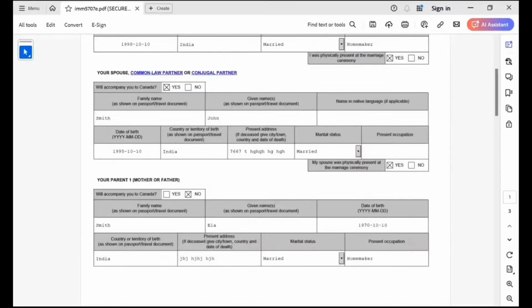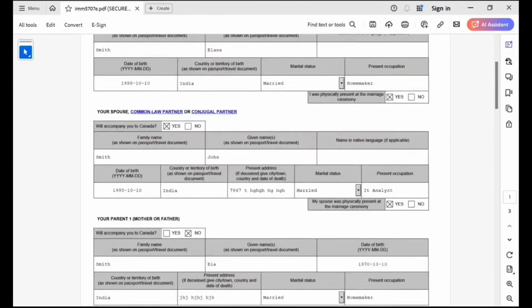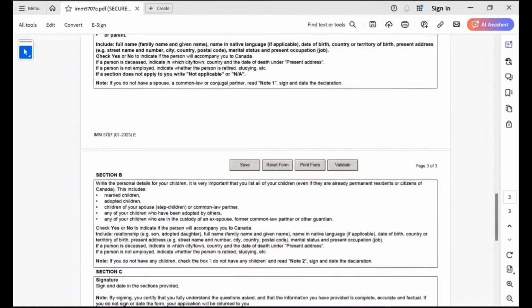Present occupation, I'll just say IT analyst. Now we can validate again. It's not throwing any error. That's good. So in this way it can go. Now I'm going to go for